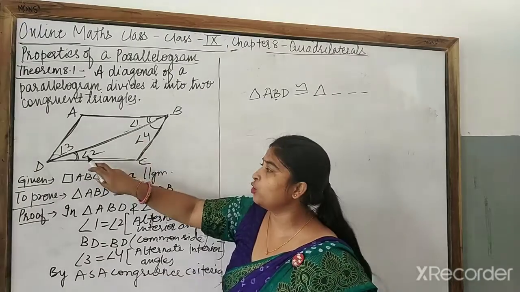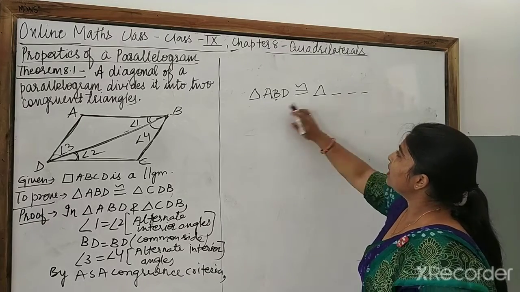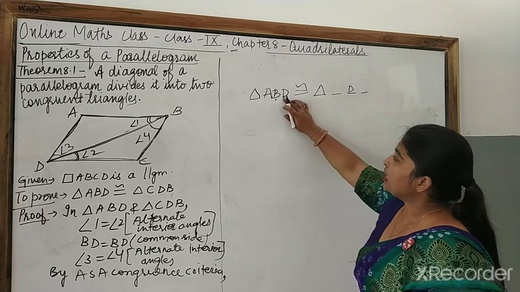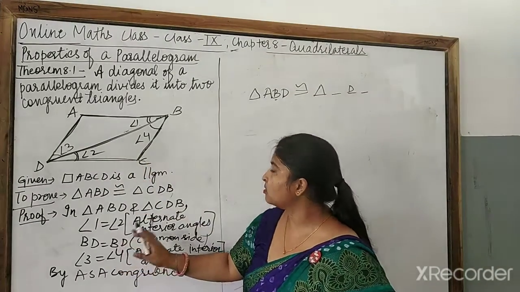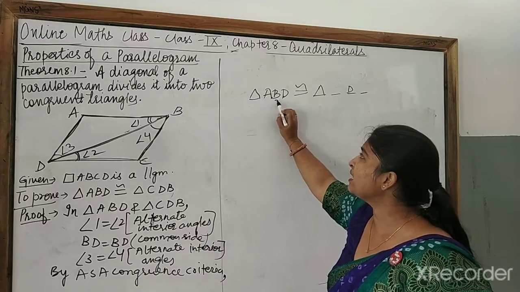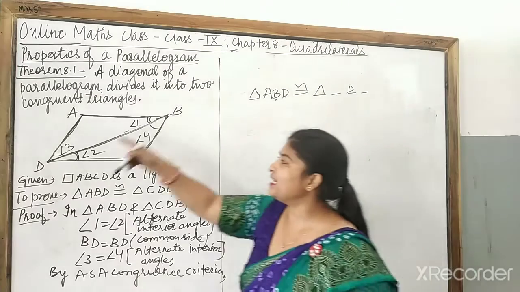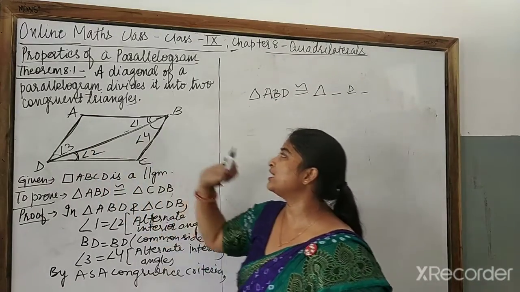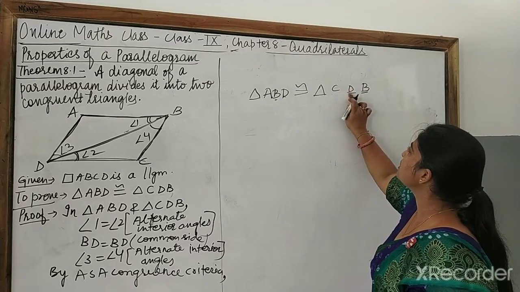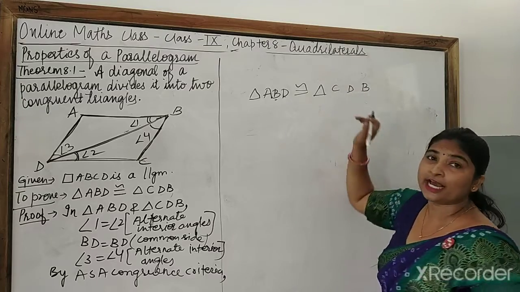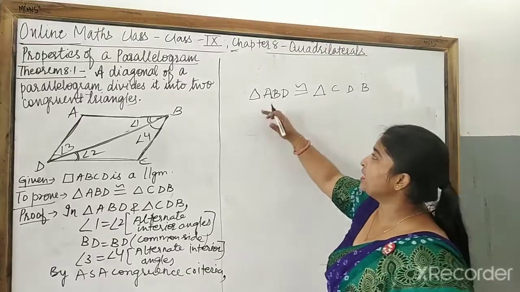Angle B is angle 1, angle 2. In angle 2, the point B is coming. So what name will come over here? In place of B, D will come. In place of D you can see angle 2. Sorry, in triangle ABD we have to keep ABD. So in ABD, what is angle D? Angle D is angle 3, and angle 3 equals angle 4, that is point B. So point B, and what will it be here? This is C. So this naming is very, very important, as you are aware of the concept of correspondence.